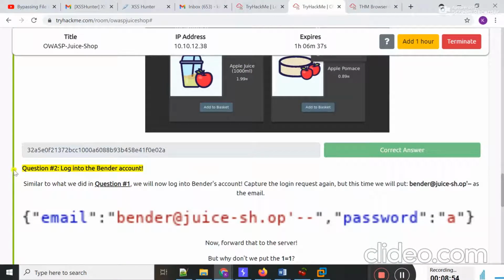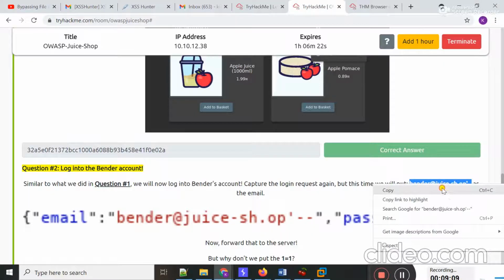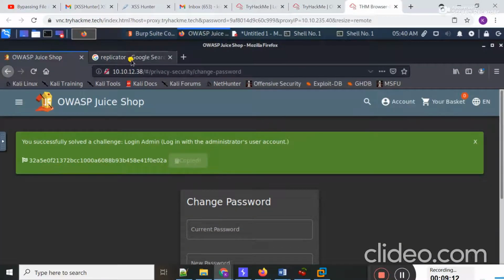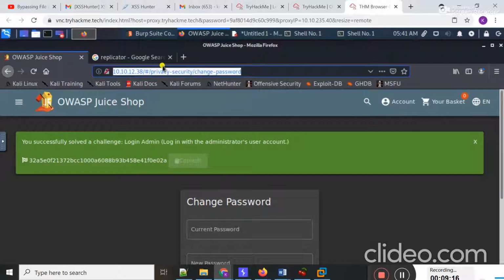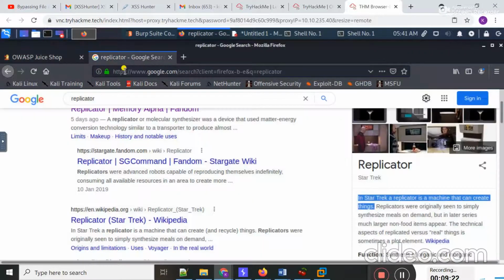Let's move to question 2. Log into the vendor account. Similar to what we did in question 1, we will now log into the vendor account. Capture the login request again, but this time we will put this in the email ID. I'm going to copy it here. I'm going to open another tab.